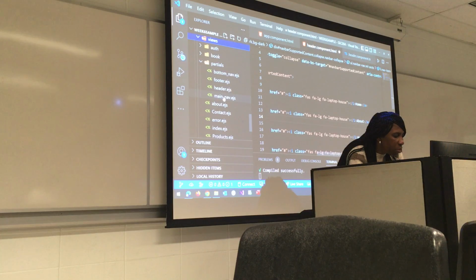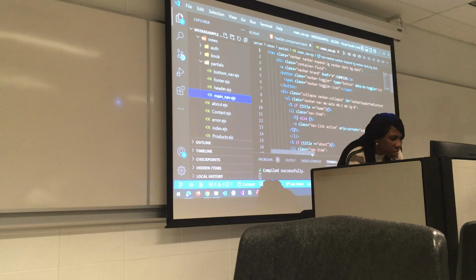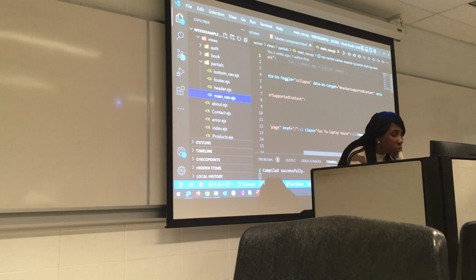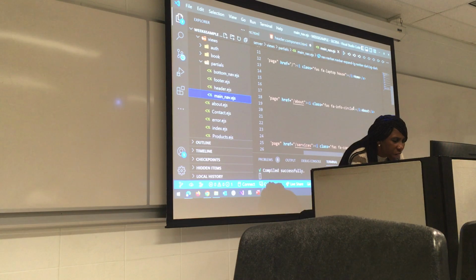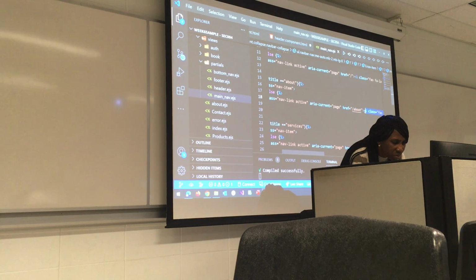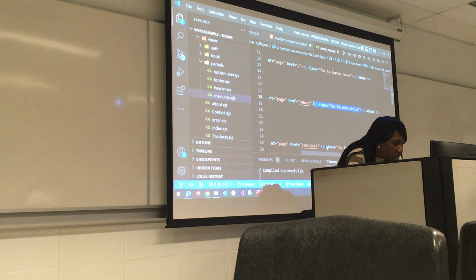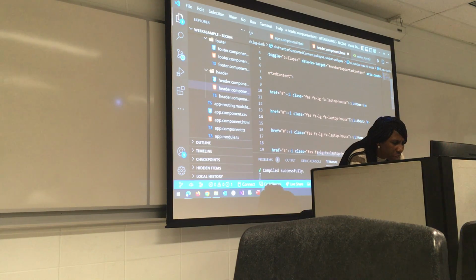So open the main_nav.ejs to get the icon, or you can go to your Font Awesome also if that works for you. So for the about, I'll just copy the i class, the Font Awesome. So I'll copy that. I'll go back to my header components.